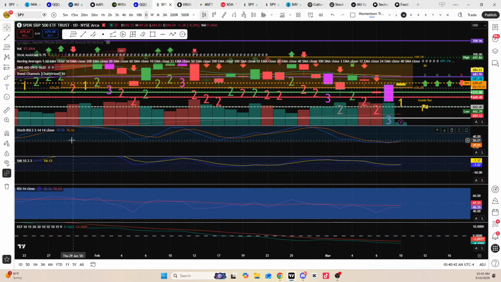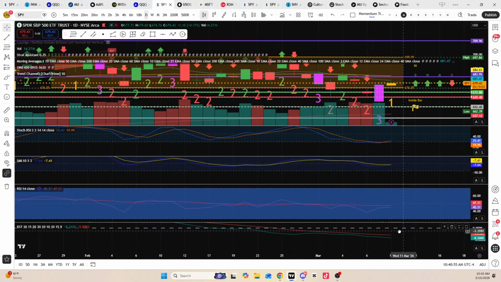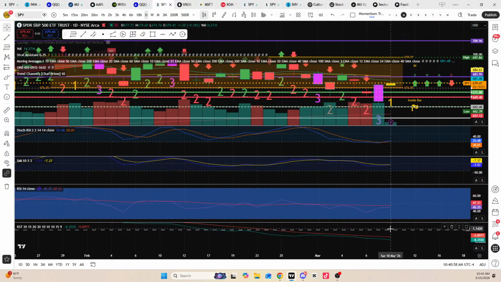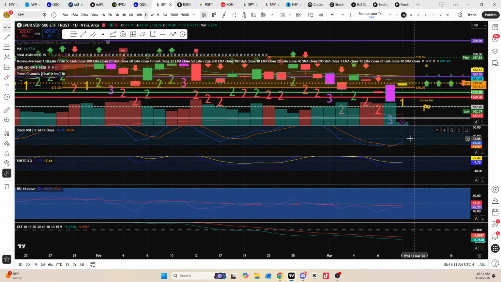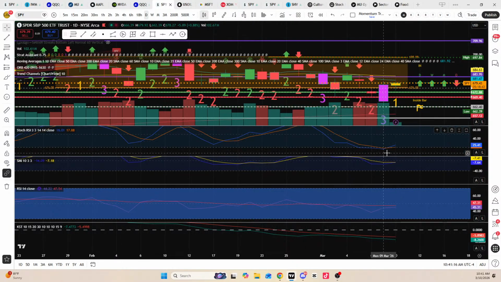But right now, that's a new tool for the day for you guys. You guys can plug this in, stochastic RSI. Leave the settings pretty much standard as it is right now, but you try that out as far as testing momentum. The KST right now, the no short thing, is still in a bearish trend. So is the RSI on SPY. It hasn't crossed back up to the upside yet, but we are starting to see a crossover on the momentum measurements of the momentum, the stochastic. I'm going to say that word 10 times fast, but that is starting to show a crossover to the upside as of yesterday, going into today.